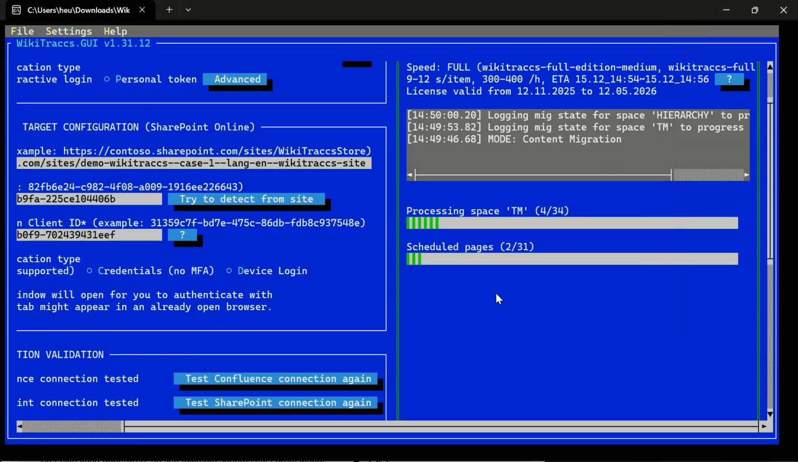So WikiTraccs, when starting the migration for all spaces you selected, goes to Confluence and asks Confluence about those spaces. How many pages have you got? Give me the page IDs. And then those page IDs go into a queue, and WikiTraccs, one by one, page ID by page ID, picks